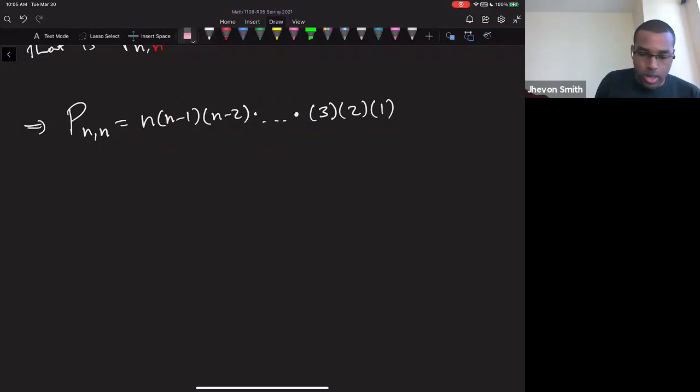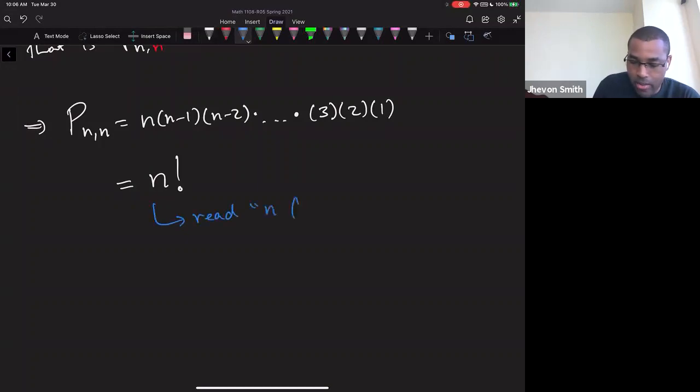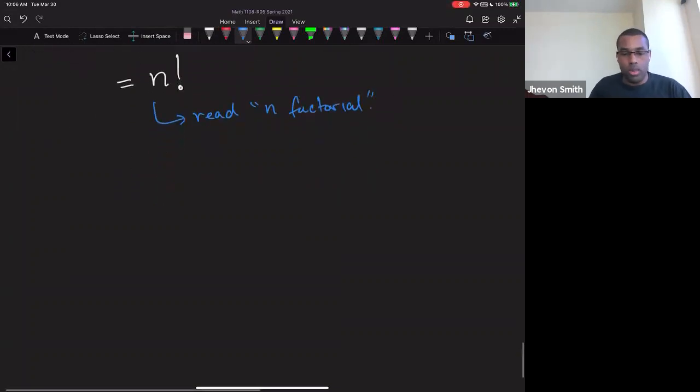No? Well, it's called n, not n, like you actually write an exclamation point, but it's not read as an exclamation point. It's read n factorial. It's called a factorial, okay? So when I write n exclamation point, what it means is I'm writing down the product of all integers from 1 up to n. So for example,